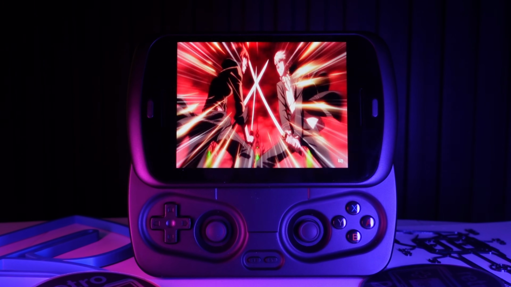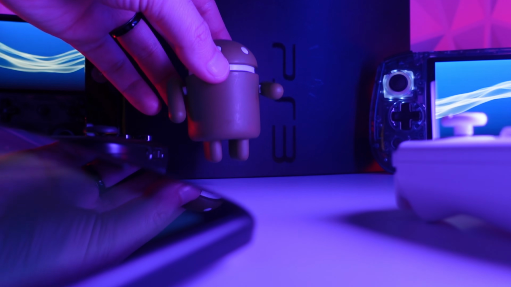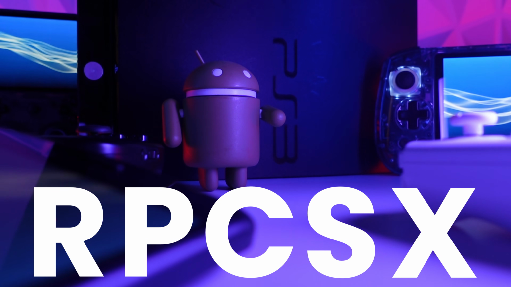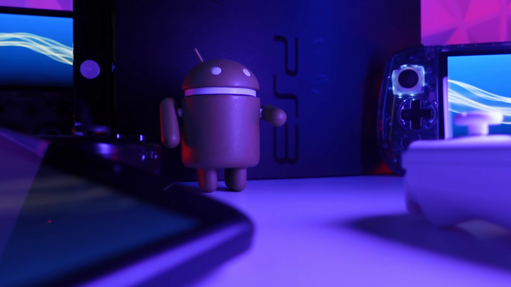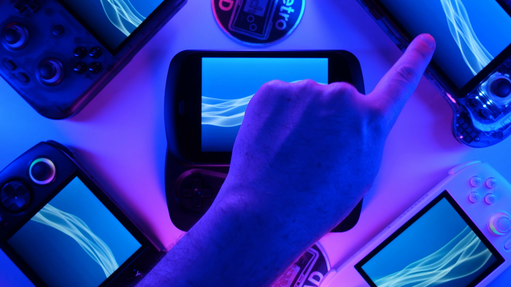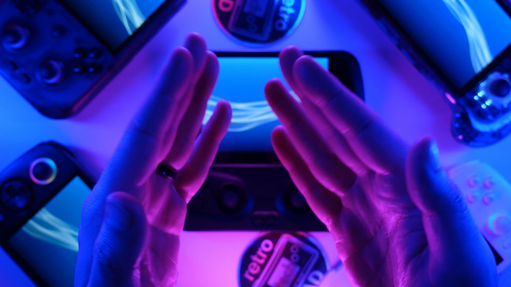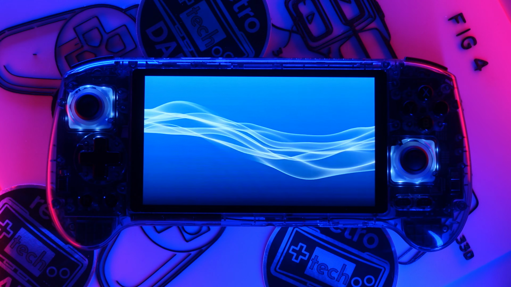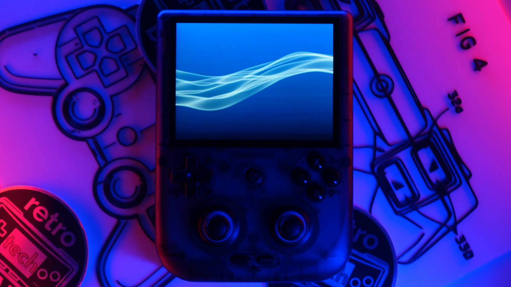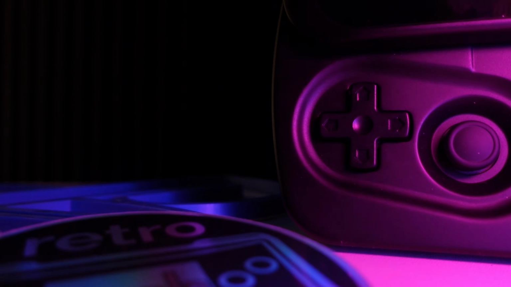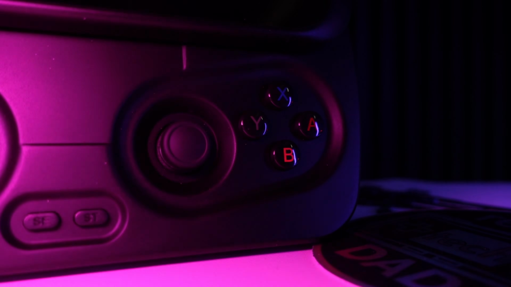Long before I made another return to PlayStation 3 emulation on Android with the RPCSX emulator, and we're kinda going out of order here, since in my last video I covered RPCSX on the Anbernic RG 557. But this time around we're going backwards and checking out the possibilities with RPCSX on the UNISOC T820, which has been featured in various handhelds in the past year from Anbernic like the RG 556, RG 406H and V, RG Cube, and this new device from Anbernic, the RG Slide, which is the inspiration for my curiosity to see how PlayStation 3 performs